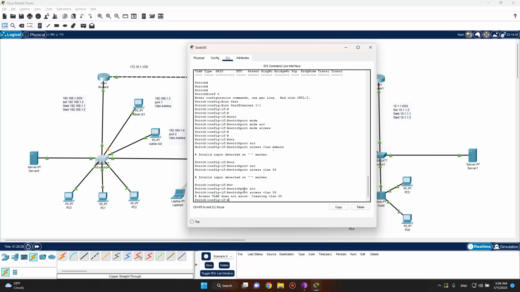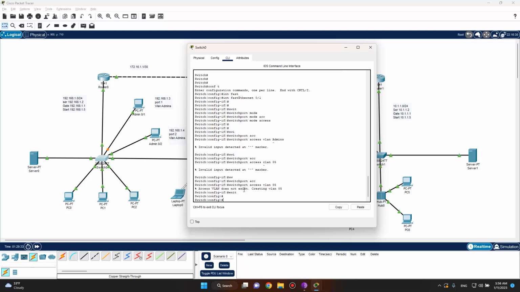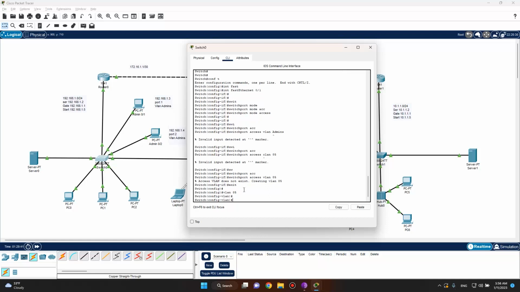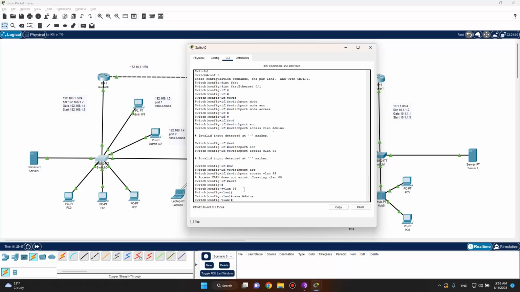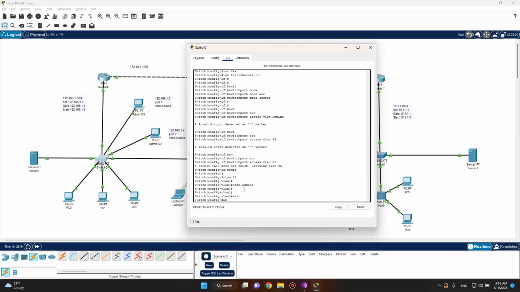So I say fine, exit. Let me exit from that. I said okay, VLAN 85, the number, I have to make the name. For example, I say okay, name admins. So the name is admins, and I say okay, I can go for exit,